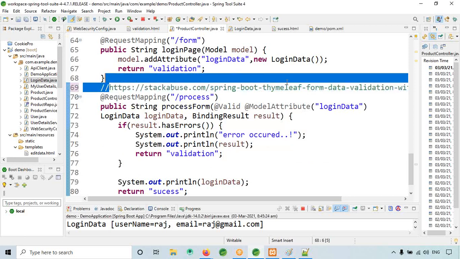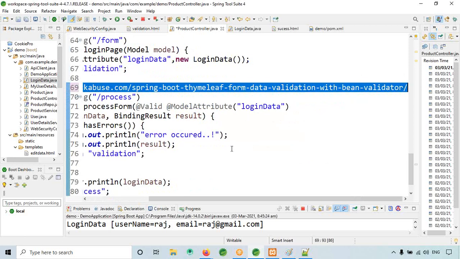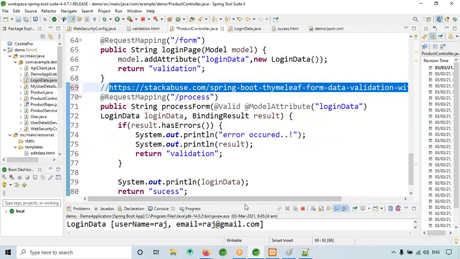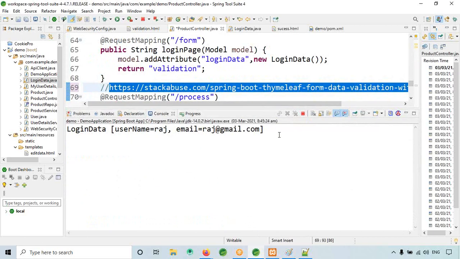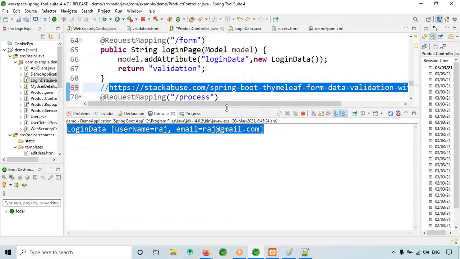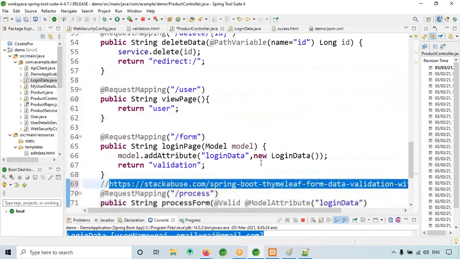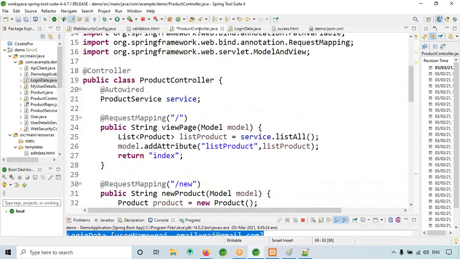Just go to the site and you can get a little bit more information. So this is about server validation. If you have any doubts, you can ask me.